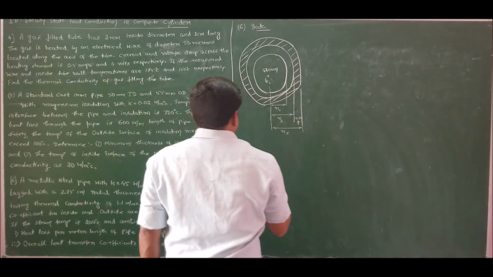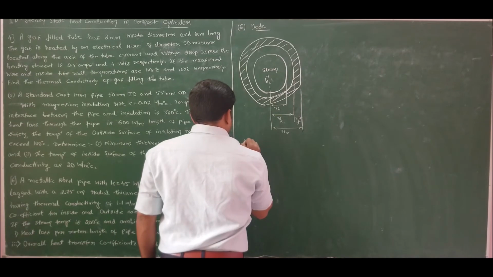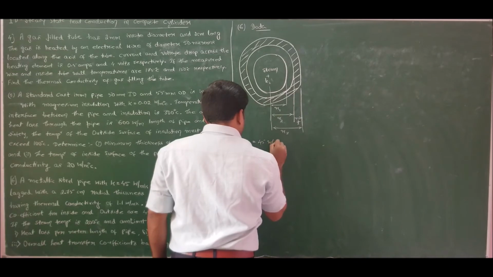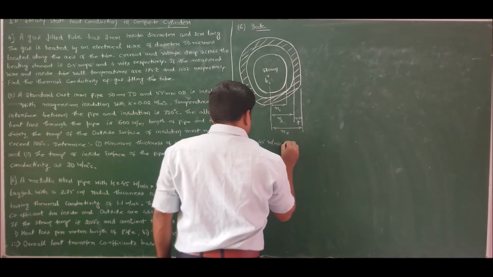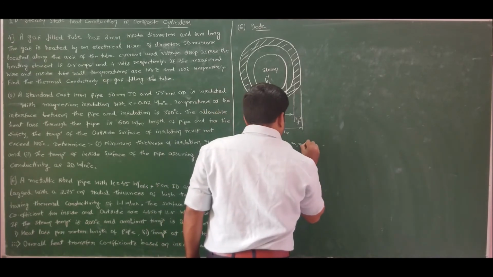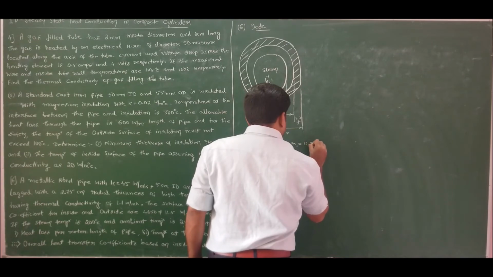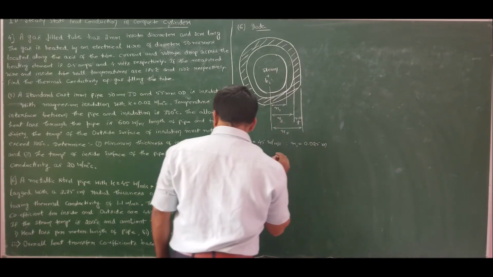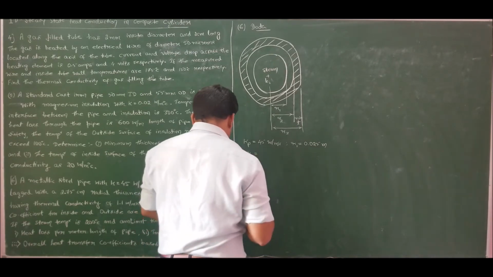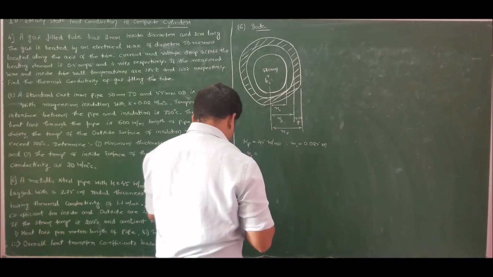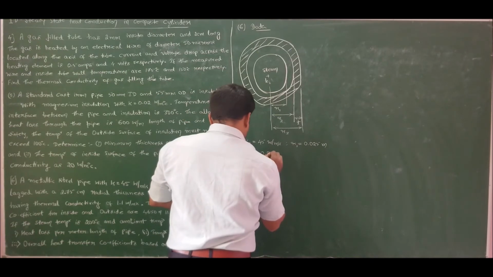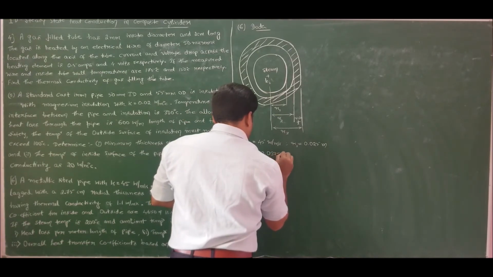The thermal conductivity of the pipe is also known to us. So pipe thermal conductivity is 45 watt per meter Kelvin. Coming to radius, the inside diameter is 5 cm, so radius is 2.5 cm, that is 0.025 meters. And outside diameter is given as 6.5 cm, so radius is 6.5 divided by 2, which is 3.25 cm, that is 0.0325 meters,